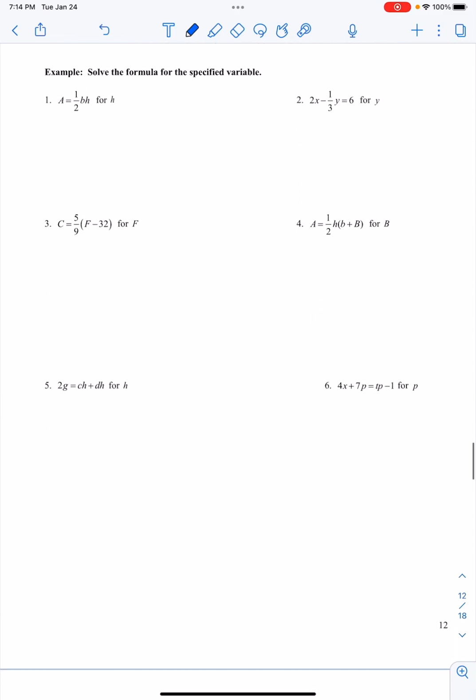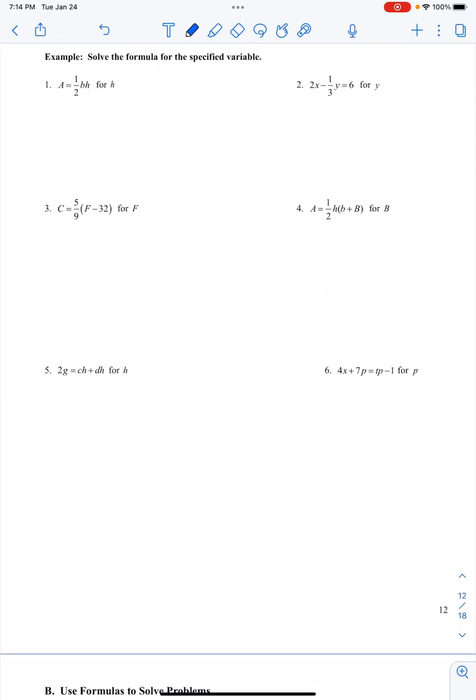So now we're going to do that a few more times, working with specified formulas, working on solving for a specific variable. You do not have to know what any of these formulas represent. You just have to know the process to follow to get a certain letter alone. So for the first one, A equals 1/2 BH, we are asked to isolate H. First thing I would notice is I want to get rid of that 1/2. So remember, we were working on choosing an LCD. So if we choose an LCD of 2, we can take this entire formula